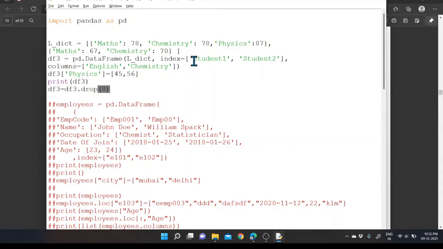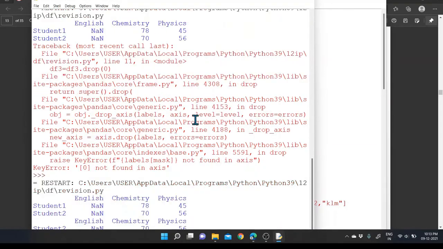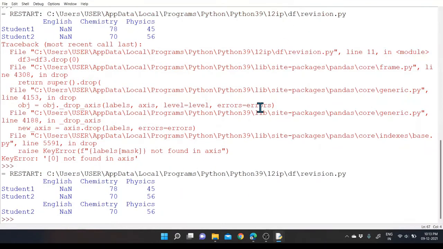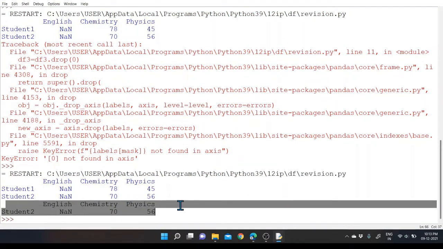So if you need to delete a specific row and the user has provided an index, that index value you need to specify here. I am providing the index label, and then I'm going to print the data again. Then you can see that the student 1 data is deleted from the existing data frame.